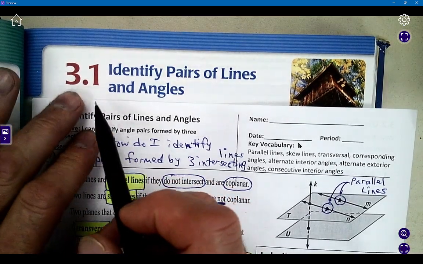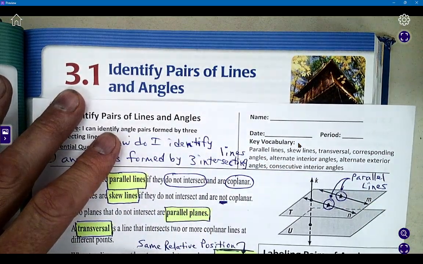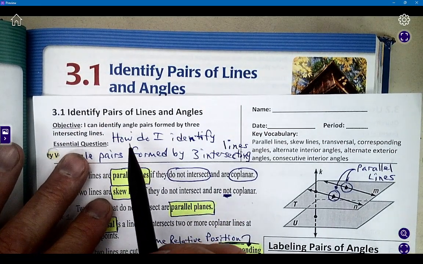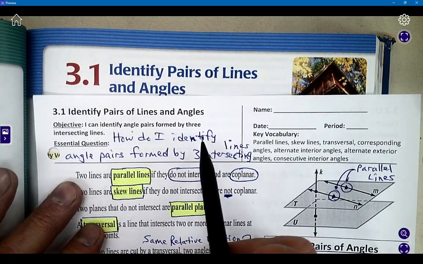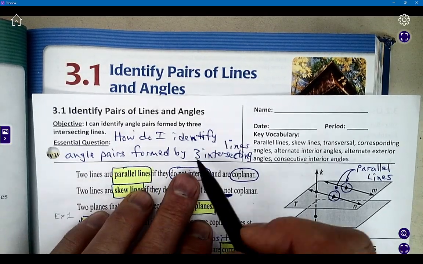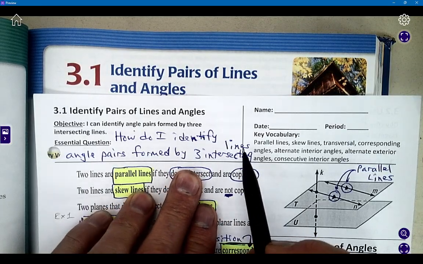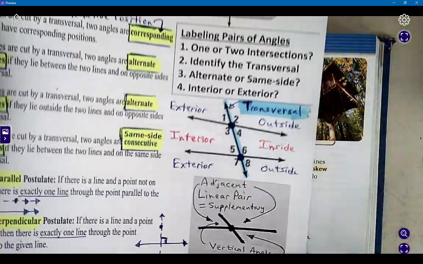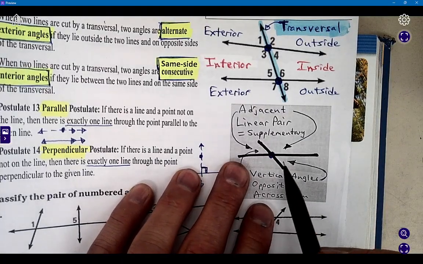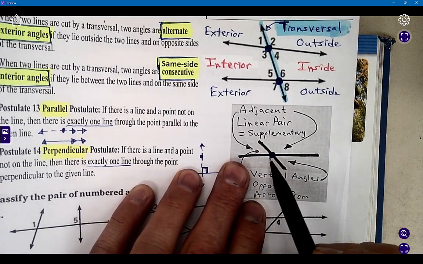Welcome to 3.1, Identify pairs of lines and angles. Notice that our essential question is: how do I identify angle pairs formed by three, and let's emphasize that, three intersecting lines? Because we've already talked about angle pairs formed by one, or I guess we'd say two intersecting lines, and there's